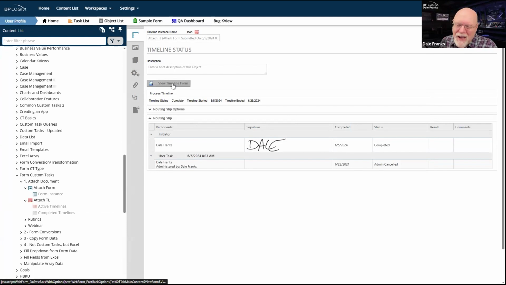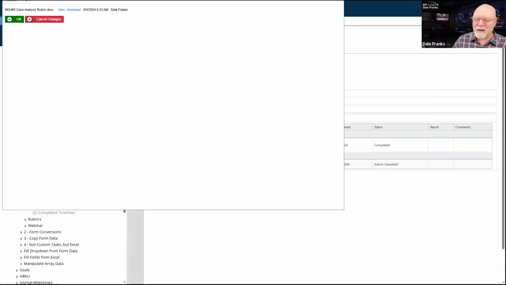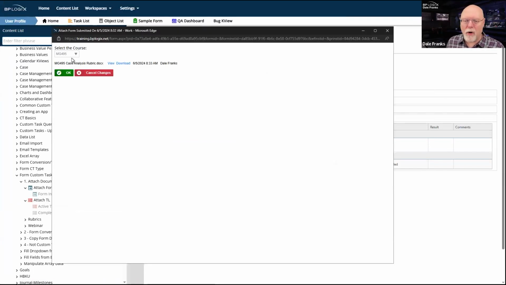But if they give you that request, you can, from right here, just open up the timeline form. And if I wanted to, I could change the value. Changing the value is not going to accomplish anything here because this control determines what document gets attached to the form, because this is the attach document custom task. So that's all it does. But I could technically change what I needed to change here, and I could hit OK, and it would save